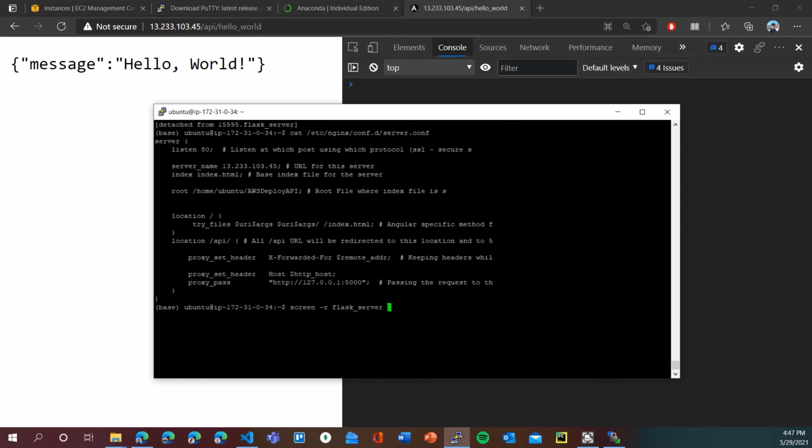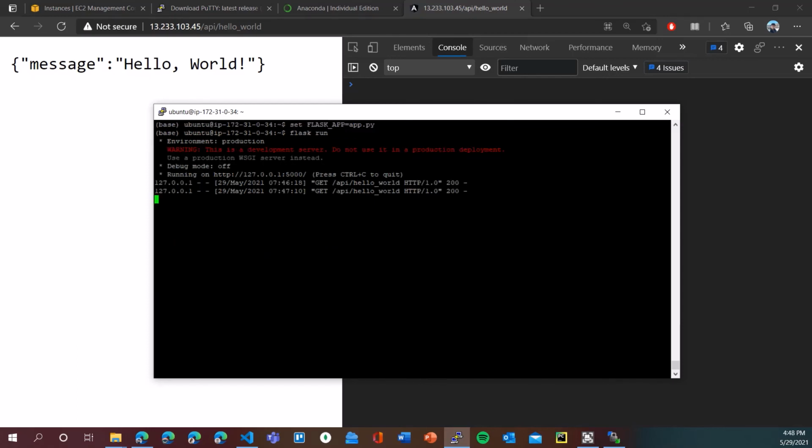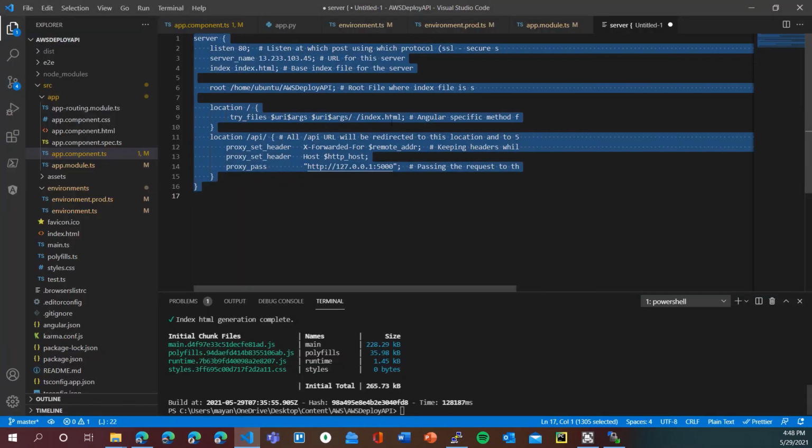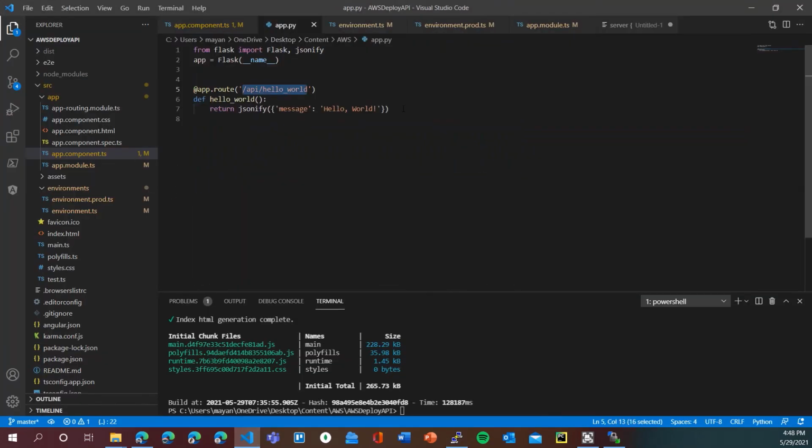So inside the Flask server, we'll get the GET request slash API slash hello world. We have written the code to return a JSON message hello world, which will be returned from our route.